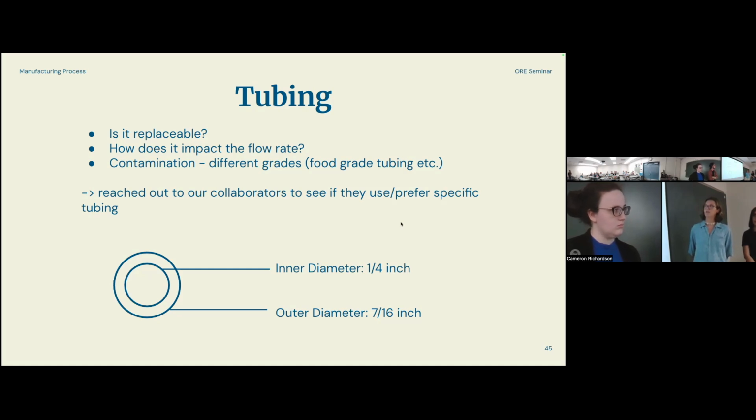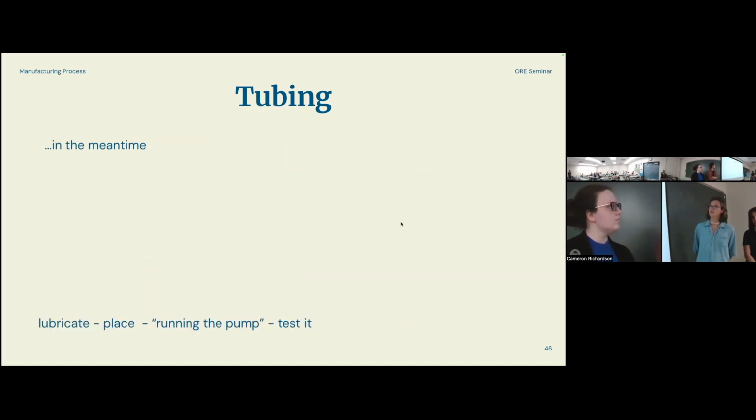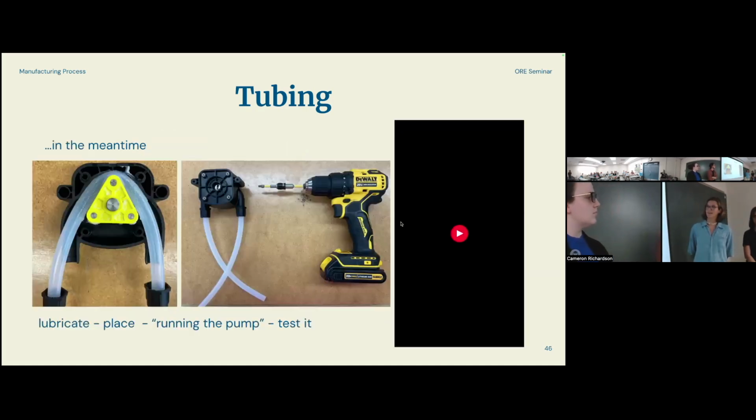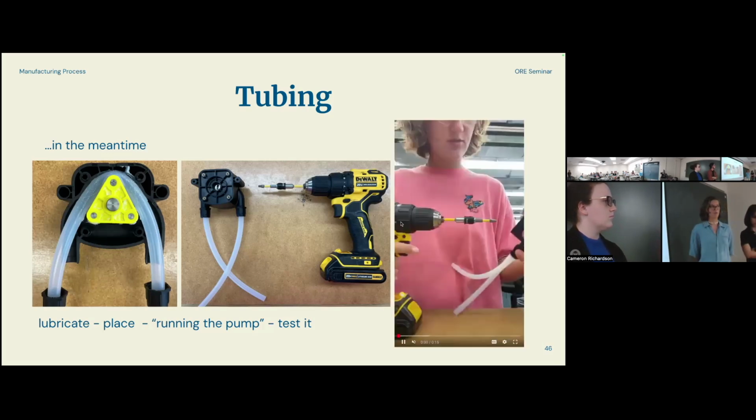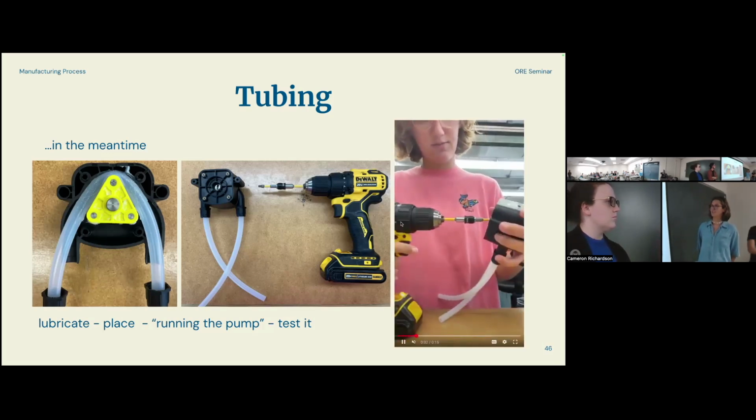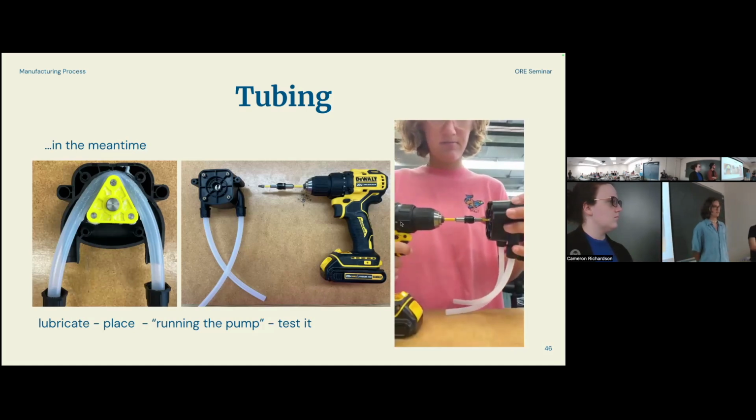And in the meantime, we figured out what the tubing size was that was in the pump already. And we ordered some tubing of that size to kind of work with in the meantime. So we did that, and to replace the tubing, you have to completely open up the pump housing, and then you can replace the tubing, but you gotta make sure you grease it well, and then place it, and then you gotta, that's something we figured out, run the pump, which is basically you soften up the tubing so it